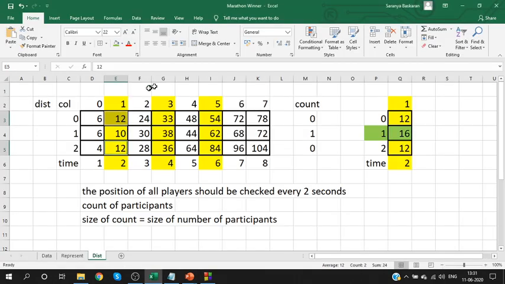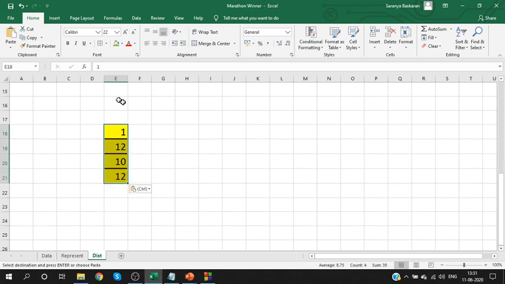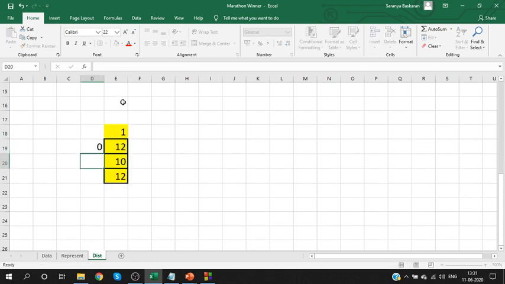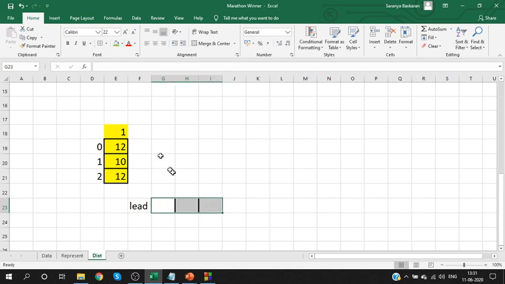See, let us consider this row. Let us say this is participant 0, 1, 2. Initially, lead is of size 3. First maximum. What is the first maximum? Participant 0 is the first maximum.